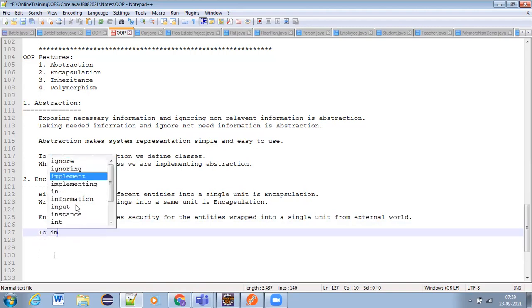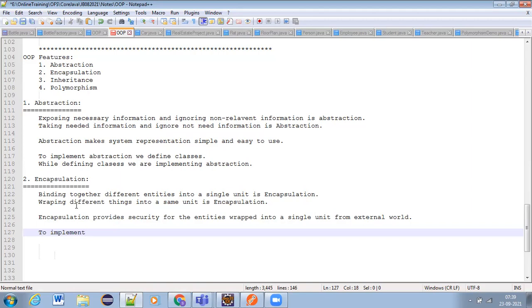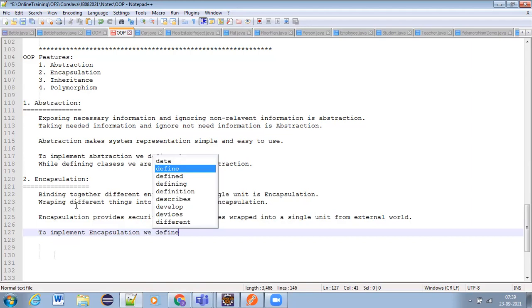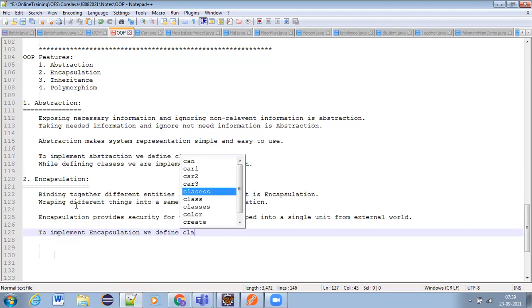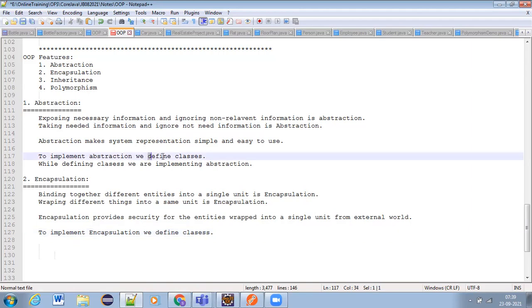So to implement encapsulation we define classes. Defining classes is nothing but encapsulation also. So whenever you are defining a class, you are implementing two object oriented programming features. What are they? One is abstraction and the other one is encapsulation.